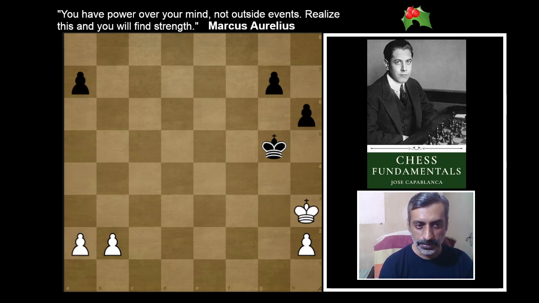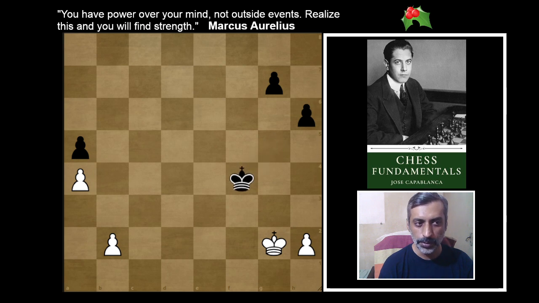Capablanca continues. Example 22. The example given should be sufficient proof. We give a few more moves of the main variation. a4, a5, king g2, and king f4, best,